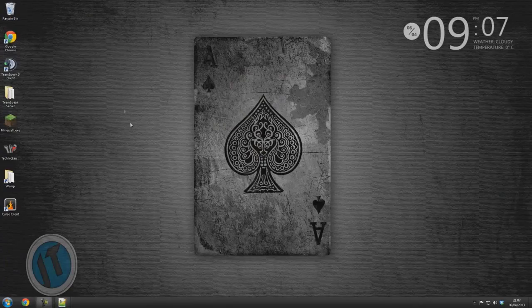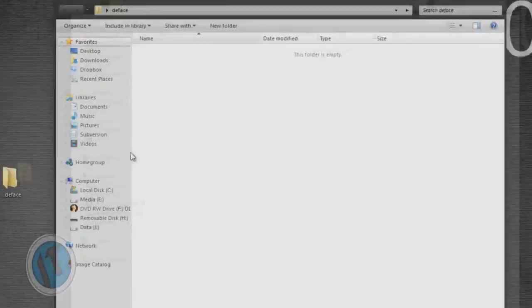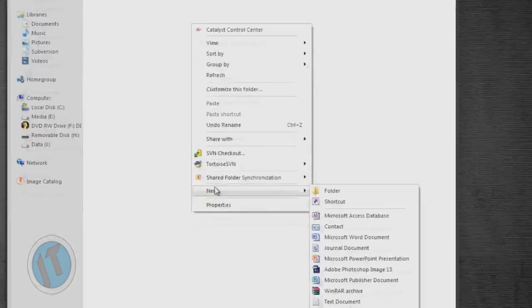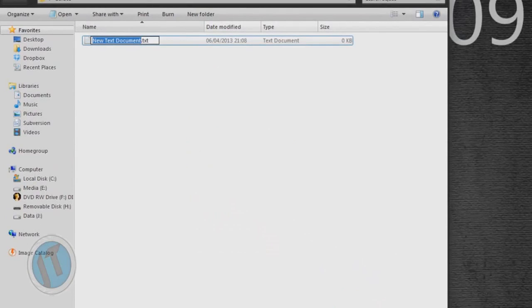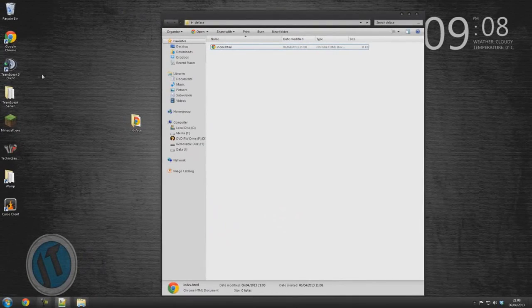Okay, so to start off with, we're gonna create a new folder on our desktop, and I'm gonna call mine Deface. It's nice and simple. And I'm gonna open up the Deface here, and I'm gonna create a new text document, and I'm going to just call this index, for example, index, and then change the extension to .html. Press yes to it, and then all we're going to do is just open that in Notepad++ or Notepad, whatever you prefer,